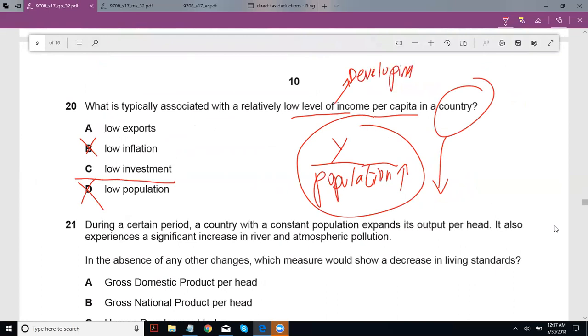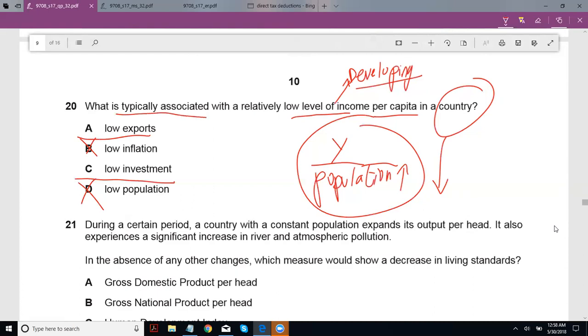developing countries. So developing countries normally do struggle with inflation. A lot of developing countries, Zimbabwe, Venezuela, have very, very high rates of inflation. So you can cancel out B and D. You're left with low exports and low investment, and you have to find out what is typically